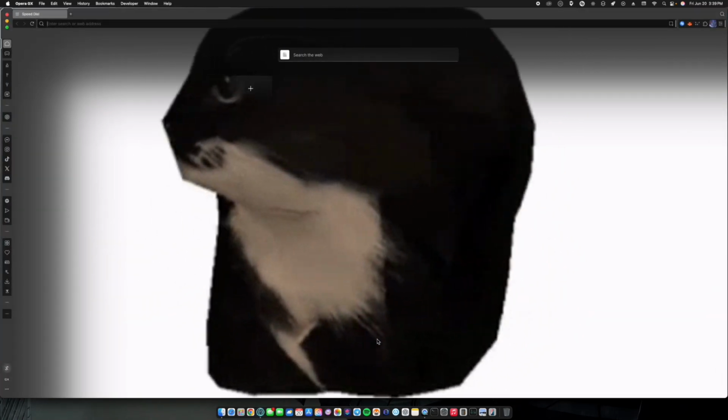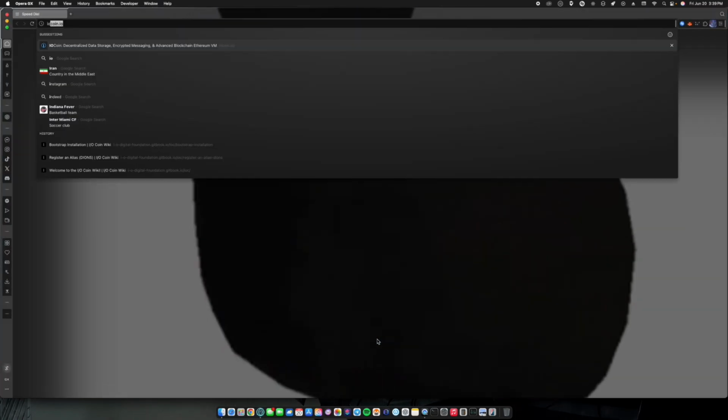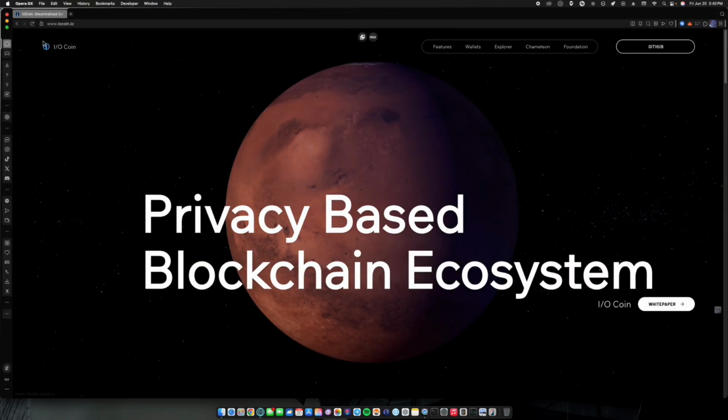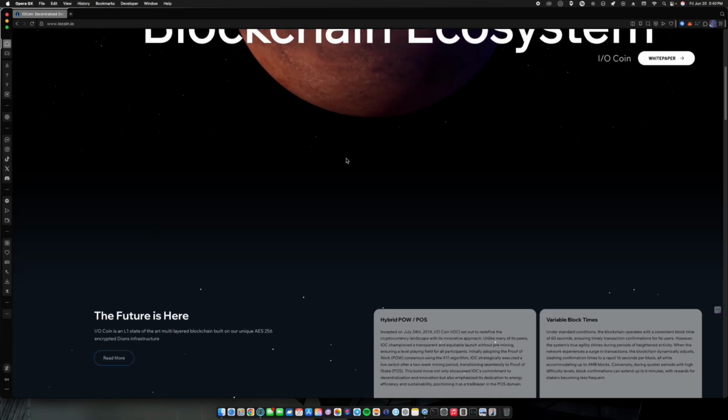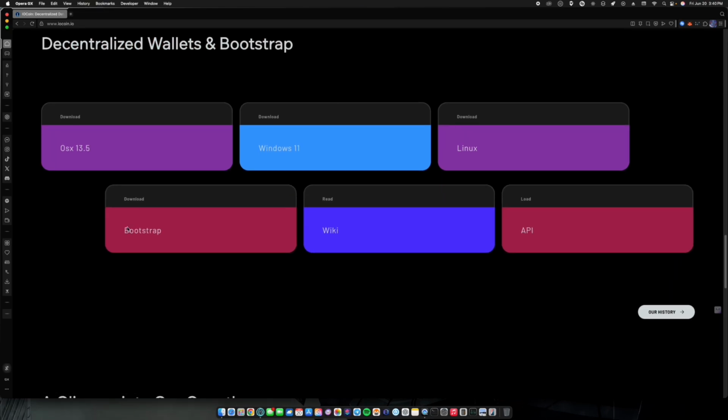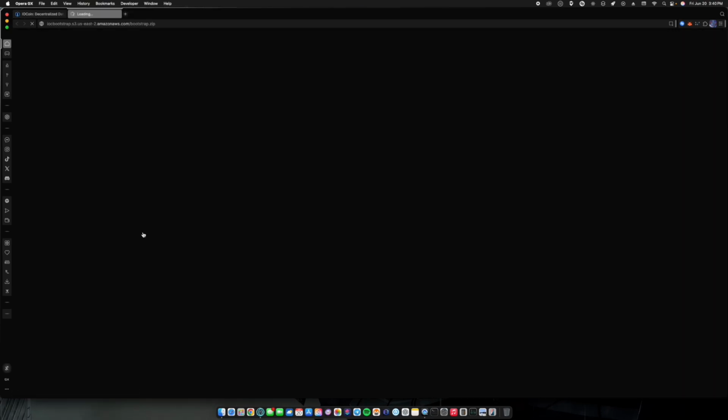Alright, so now that it's loaded up, you're going to want to type in iocoin.io, and that's going to take you into the IOcoin website. Scroll all the way down to decentralized wallets and Bootstrap. Then the Bootstrap is going to be right here. Press it